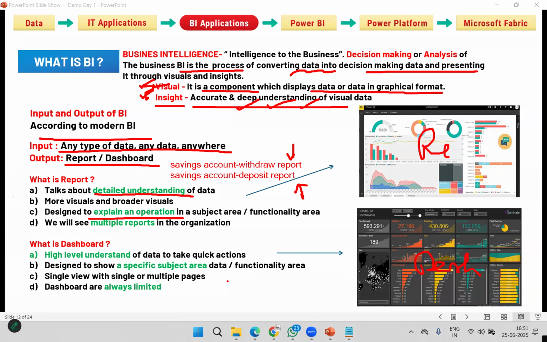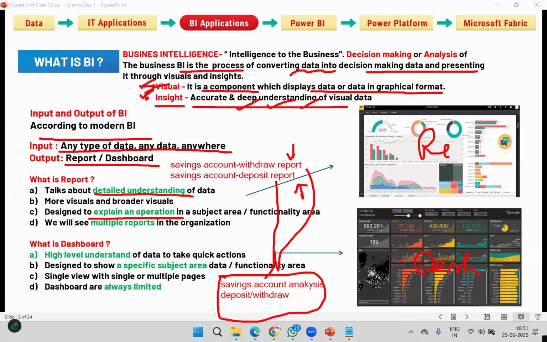Whereas if you want a complete savings account analysis, where you show deposit information and withdraw information together, simply multiple reports' information in a single subject area, technically a data mart area, that is a dashboard.